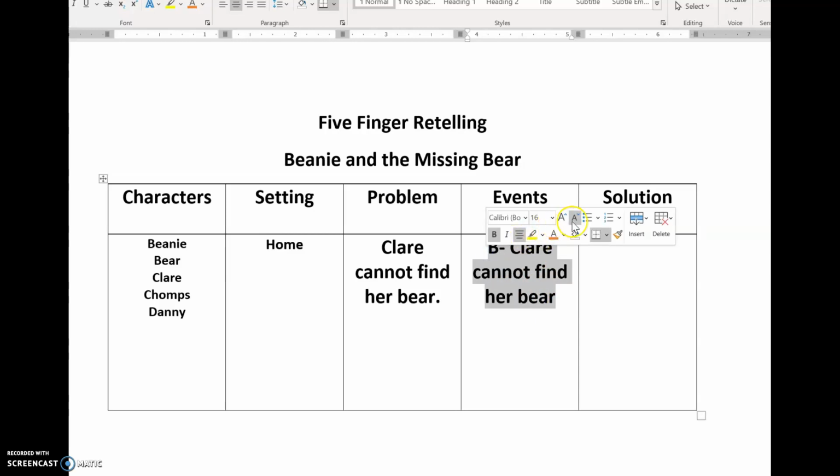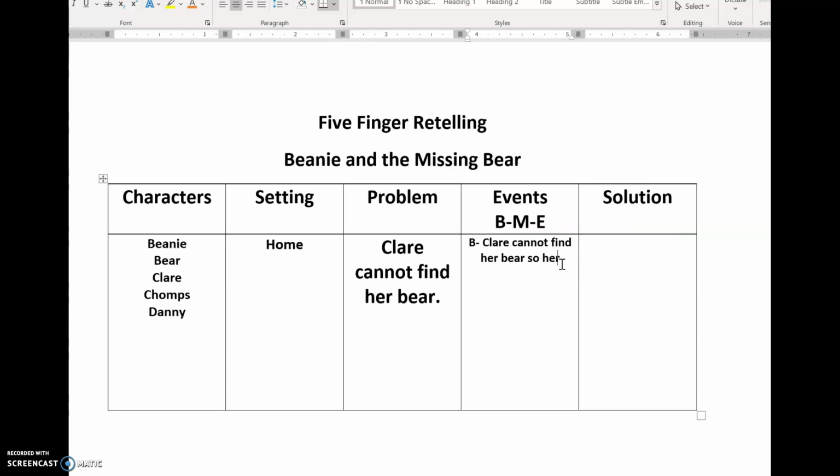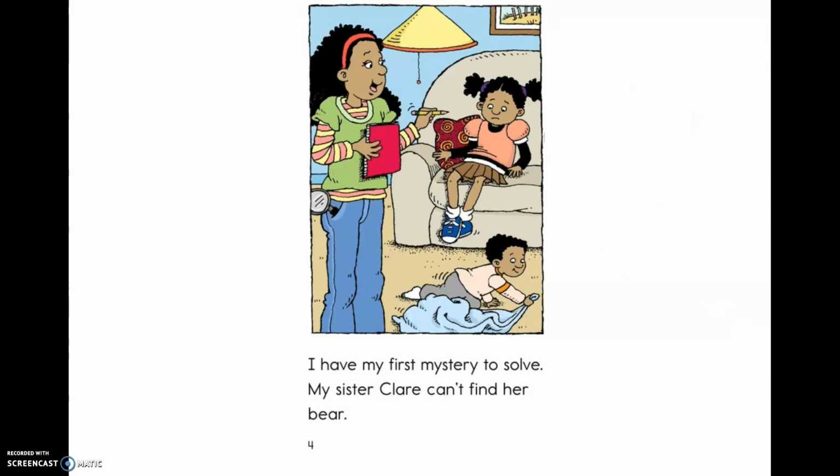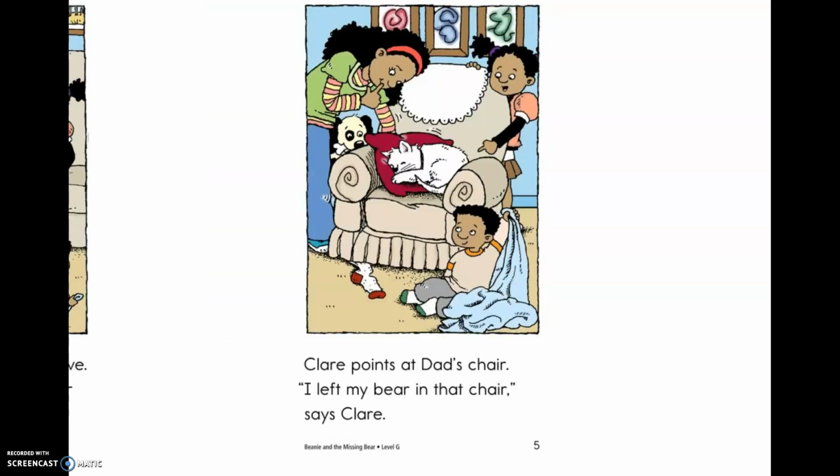Decrease the font. So her sister Beanie helps her look for the bear, right? That happens in the beginning. What's happening in the middle of the story? Let's look. So in the middle of the story, there are a lot of things that happen in the middle